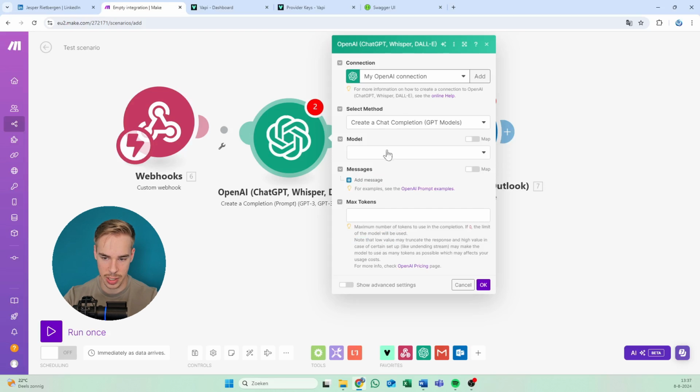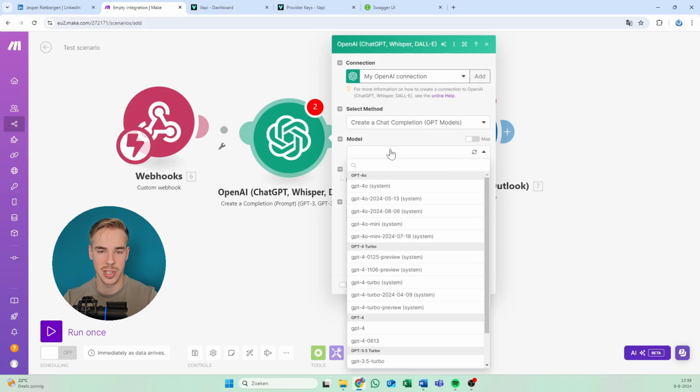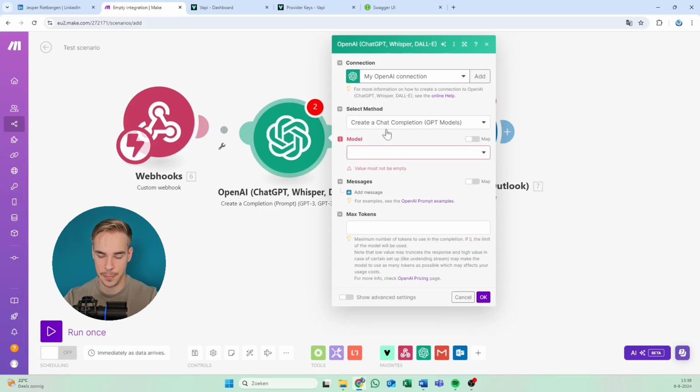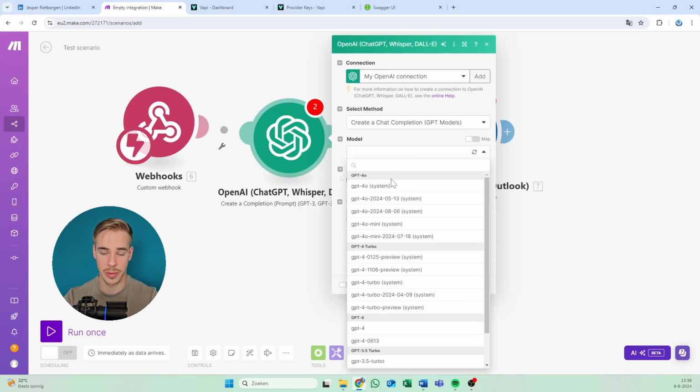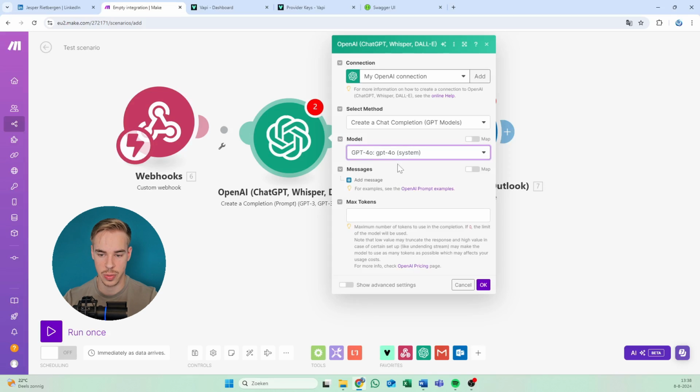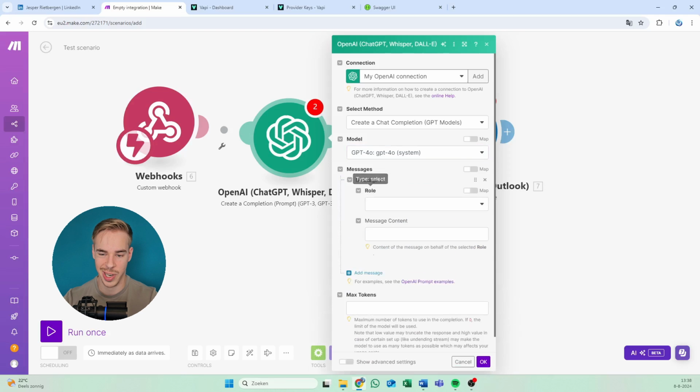have a description like this, for example, that's going to tell you what is the function of that field that you can fill in. So in this case, you probably have to log in to OpenAI. I've already done that. I'm going to select a method, in this case chat completion. So we're going to send a chat to our ChatGPT and ask it to, well, send something back. In this case, I'm going to use the newest one, so that's GPT 4.0, and I'm going to add a